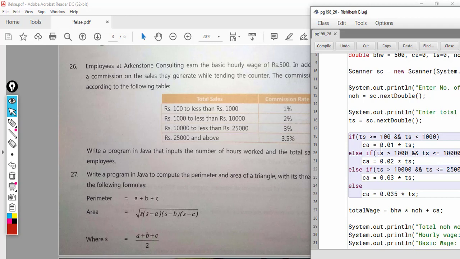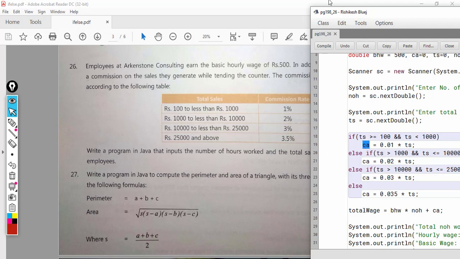If this is the case, the commission amount will be 1%, which means 0.01 of the total sales stored in TS.